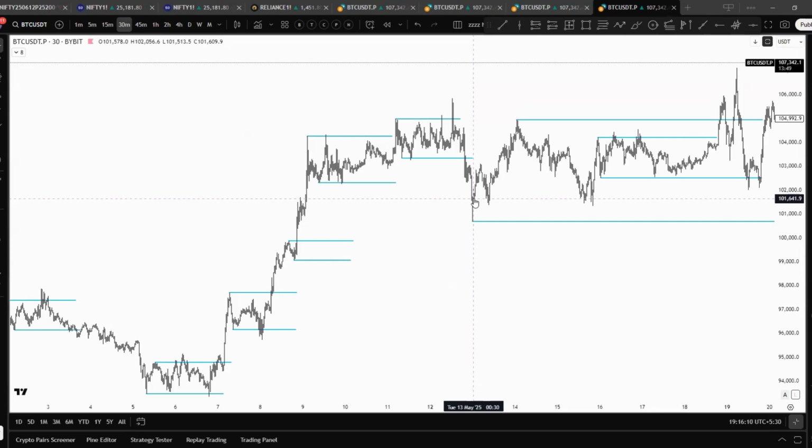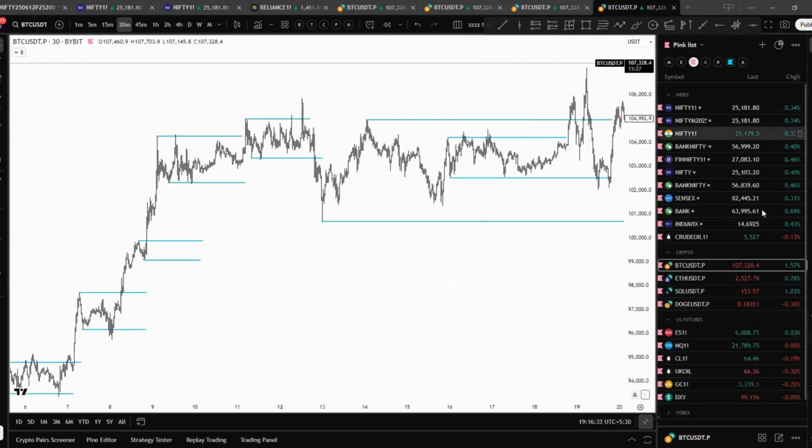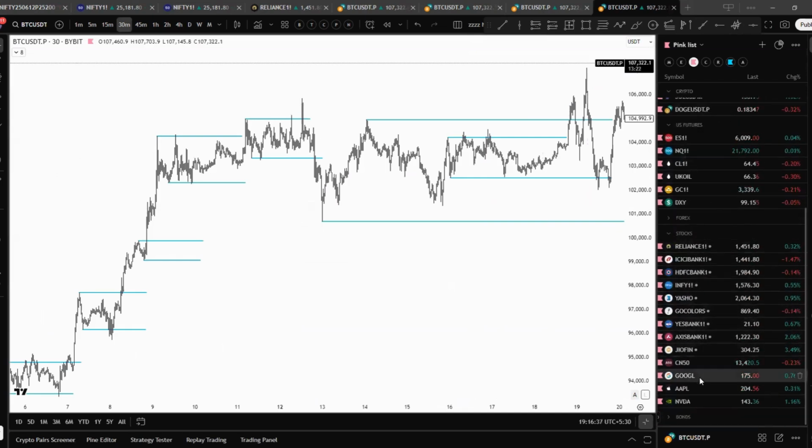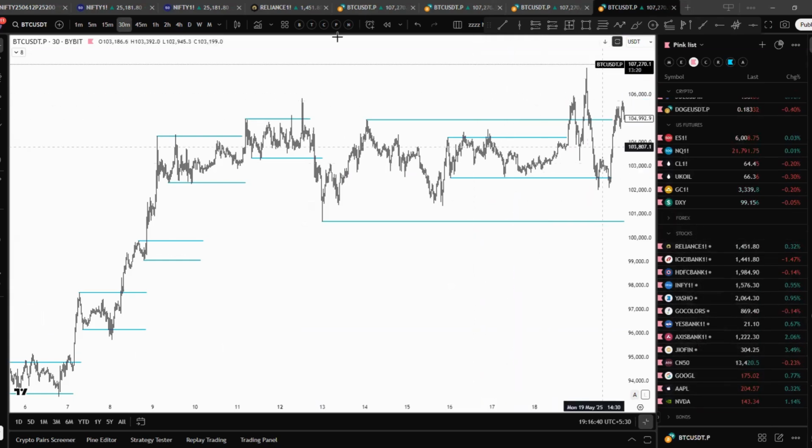If it's a trending market like crude oil, or meme coins like Dogecoin and Shiba coin, you don't look for ranges. But in a stable market like Nifty, ES, Bitcoin, or any of them which has high volume, those tend to trade in a range. This can also be said about some of the stocks which I trade. One of my favorites is, where is it? That's not over here.